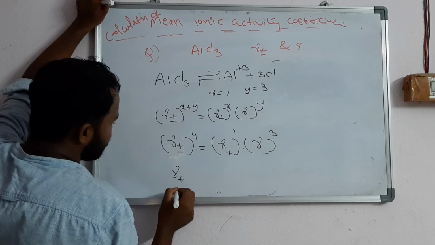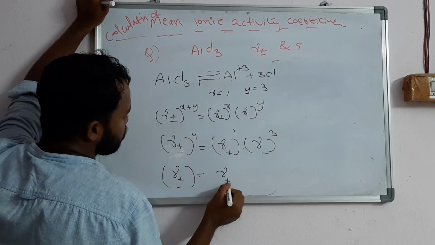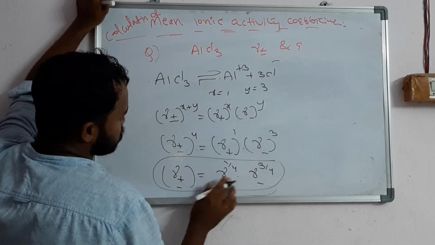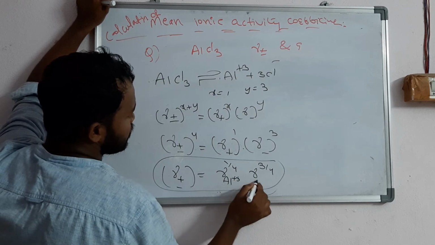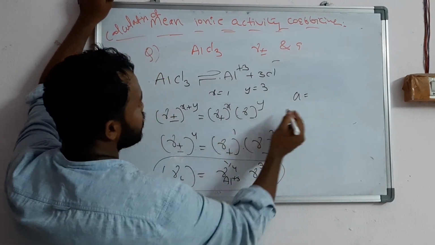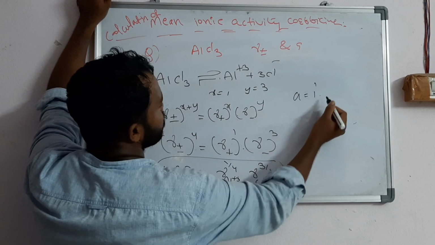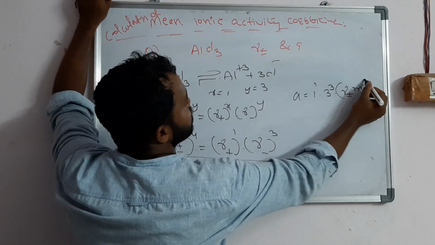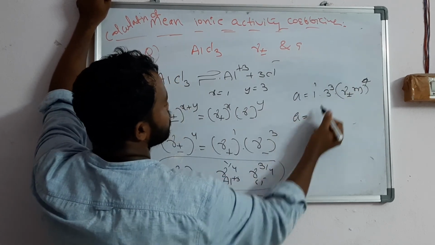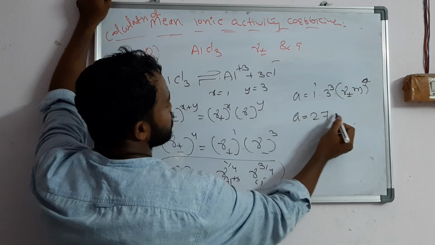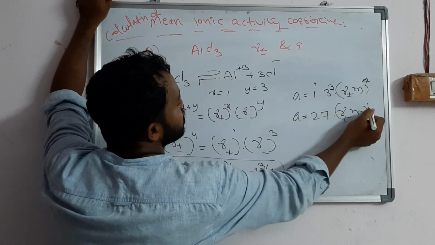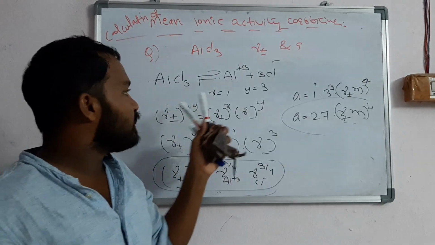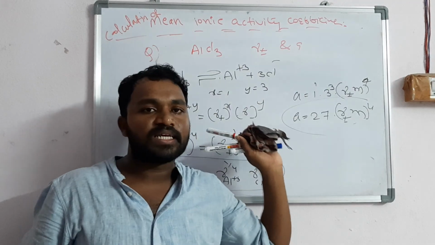So you should write gamma plus or minus, this 4 comes here, gamma plus all to the power of 1 by 4 into gamma minus all to the power of 3 by 4. This is about AlCl3. Plus is there, Al plus 3 you should write, minus is there, Cl minus you should write. If you want to write A, that is x power x, 1 power 1, y power y, 3 power 3, into gamma plus or minus m all to the power of 1 plus 3, which is 4. So A is equal to 3 cubed, 27, into gamma plus or minus m all to the power of 4. This is about the activity of AlCl3. In the next class we will discuss the Debye-Hückel theory, the Debye-Hückel limiting law, all those things, and thank you.